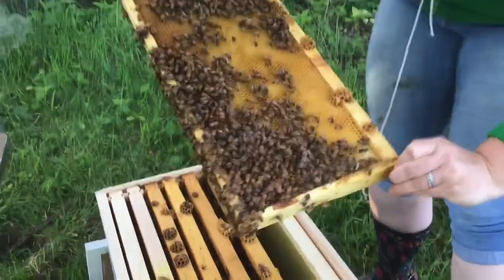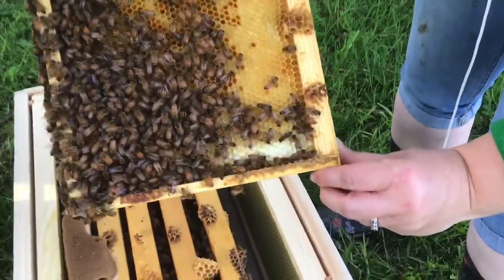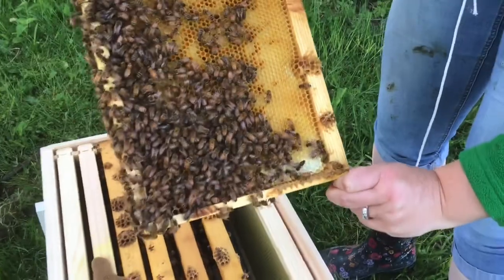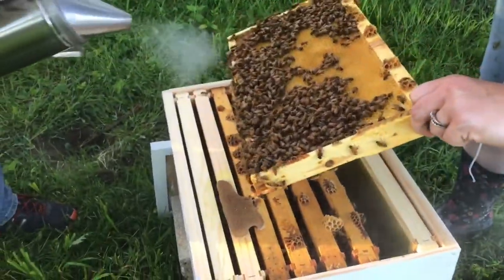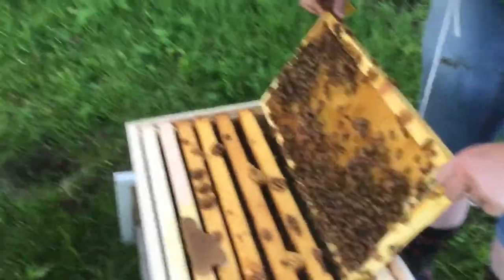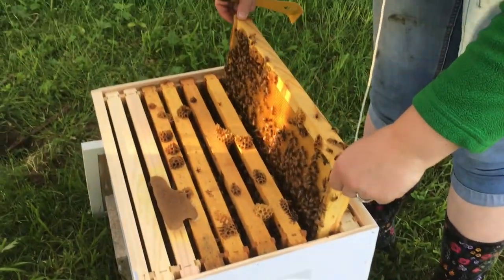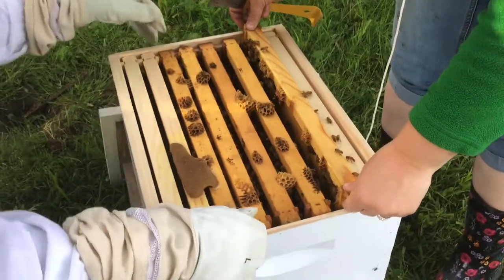As you guys can see in here, you see all the color inside the comb. That's actually pollen. So over here, they're making bee bread to feed brood when they hatch. That's all pollen. So you always want to be careful on a bee farm. You don't want to kill anybody, because then they'll make a scent that will actually...